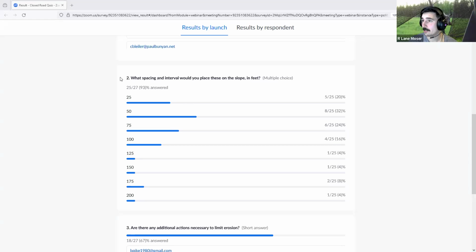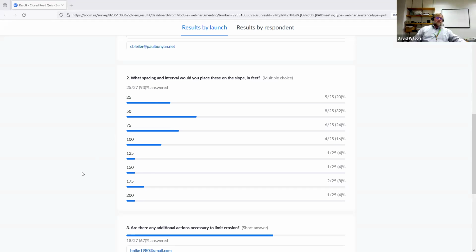Yeah, maybe after we go through the rest of these results, we could call on folks, or folks could put their insight in chat. But the intent for this question was to figure out the interval along that slope on the closed road. And David, do you want to